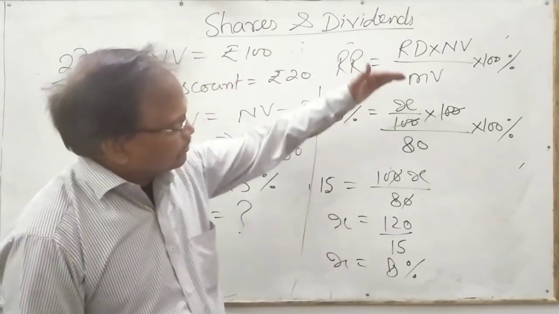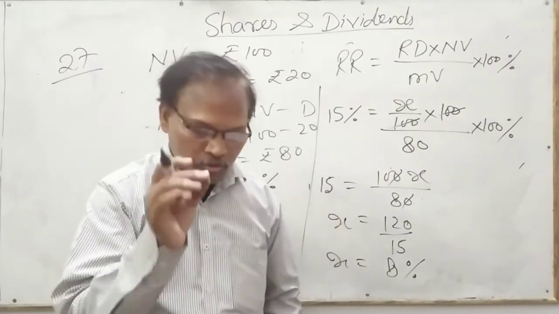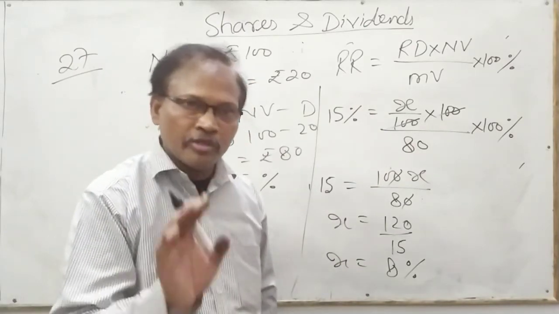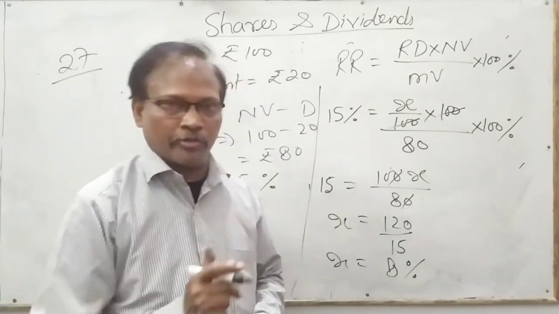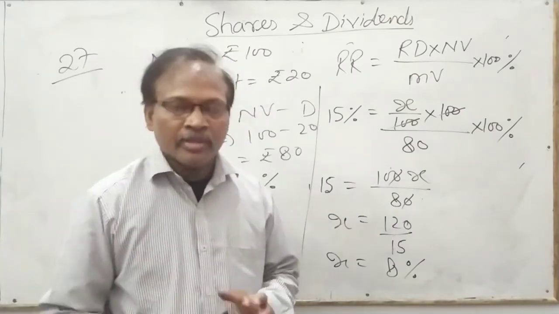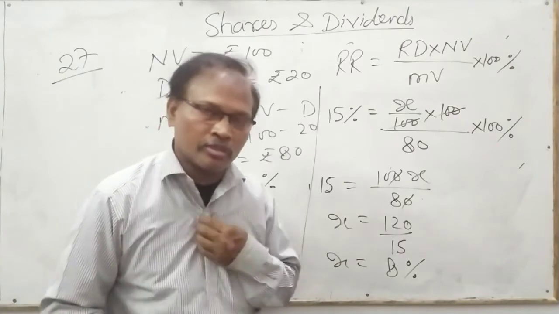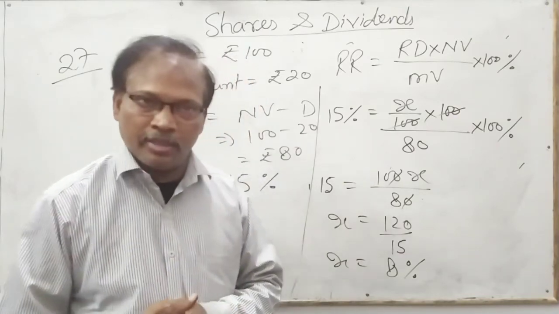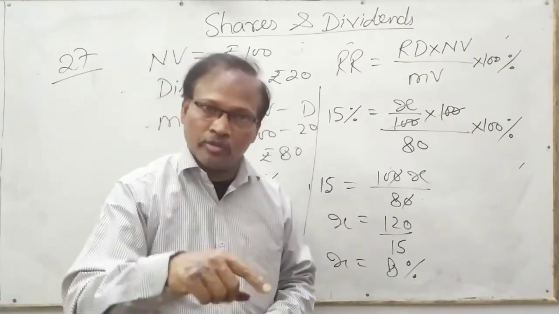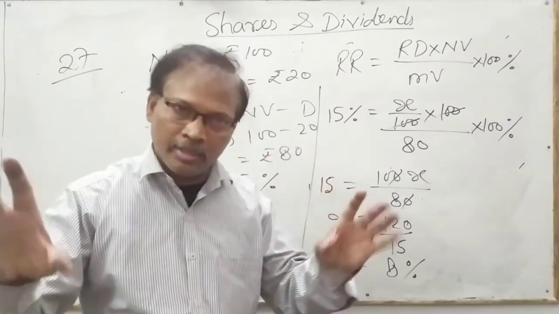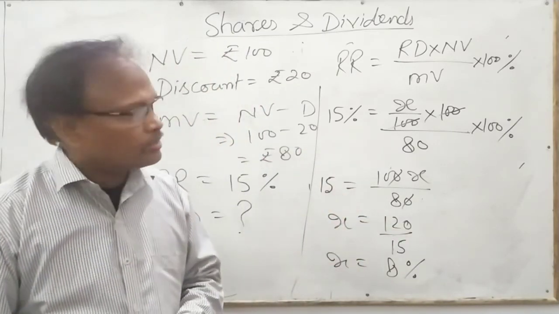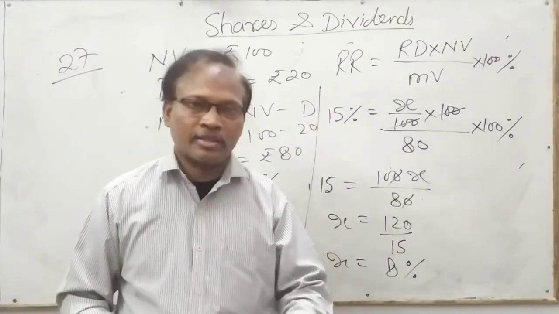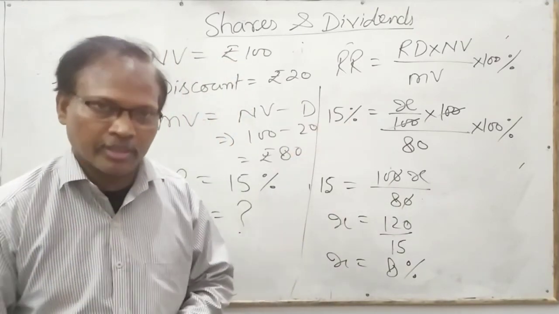So simple calculation, simple formula, only use the formula which you have in the first part of the video. I told only the 3 formulae, and there is no other formula. If you want to change, means if you get anywhere the other formula, it means you are doing wrong. कोई और formula है ही नहीं. So only the 3 formulae which I told already. So you can do the exercise of this chapter, share and dividends.